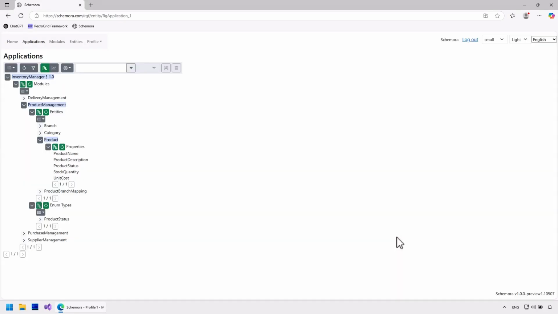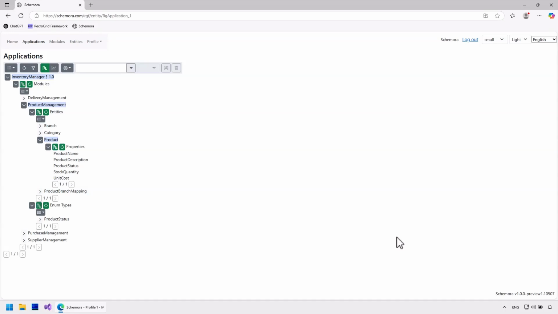With this, we have essentially reviewed all the important settings. The other modules and entities look similar, but we will not go through all of them right now. As a reminder, this entire model was generated by Recroby, but you could also create it manually, or modify it later either by hand or with support from Recroby, the AI-powered assistant.